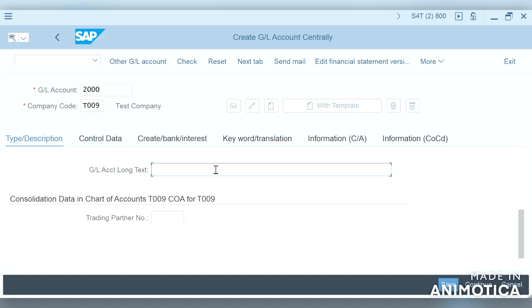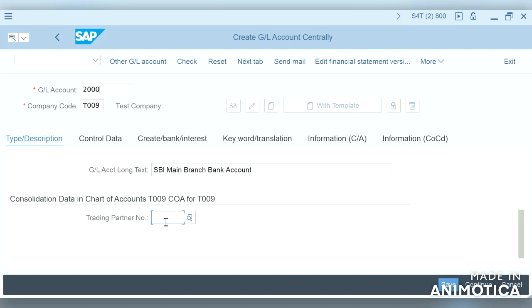The short text has 20 characters, and this is the long text. We can give main branch bank account, or we can give SBI something, main branch bank account.